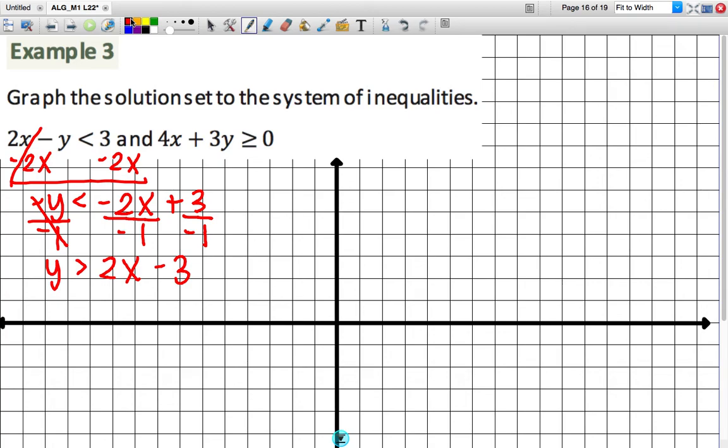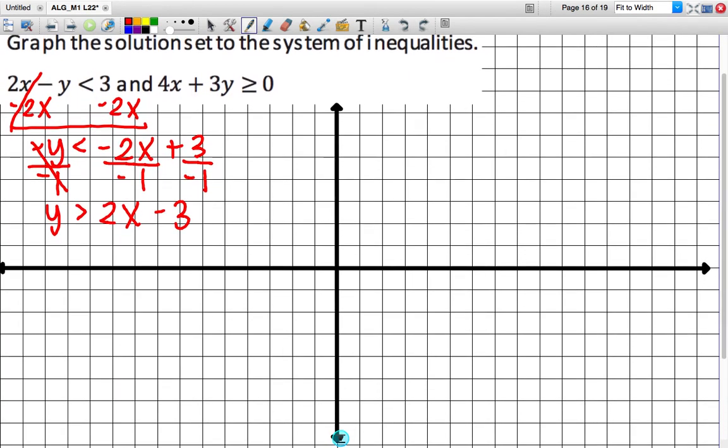So let's go ahead and graph this one. A y-intercept of negative 3. My slope is positive 2. Up 2 over 1. Just like I can go down 2 to the left 1. My symbol is greater than. There's no bar, which means I have a dotted or dashed line. It's greater than, which means I need to shade above the line. So above the line would be this direction. So again, I'm not going to shade it until I've graphed the other inequality,